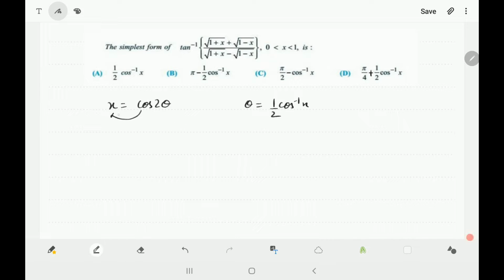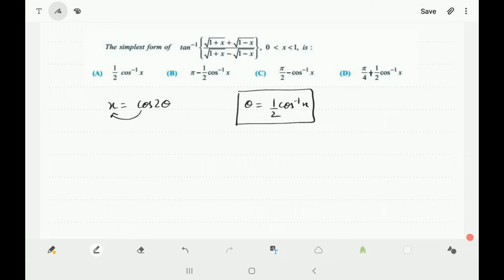I took cos inverse on that side and we need to substitute theta. So I have taken 2 theta, we have multiplied both sides with the 2. Okay. So we are considering theta as half of cos inverse x. So this is our actual substitution. Remember this thing very carefully, because if you won't do it, you won't be able to find the principal value branch of theta.